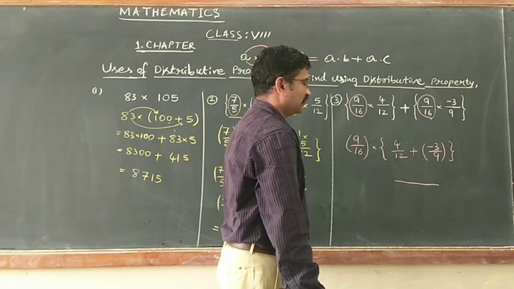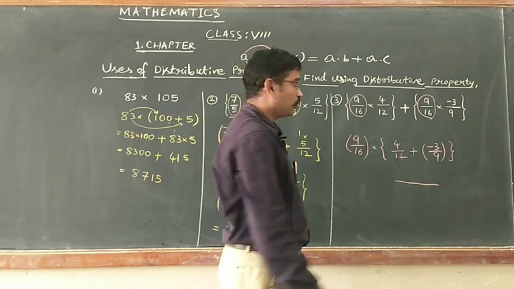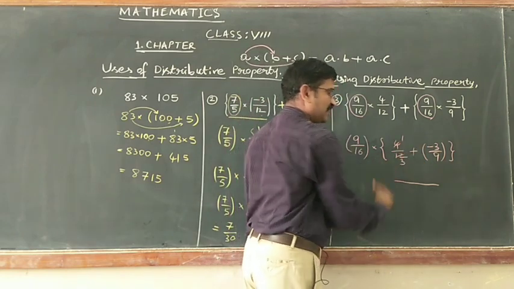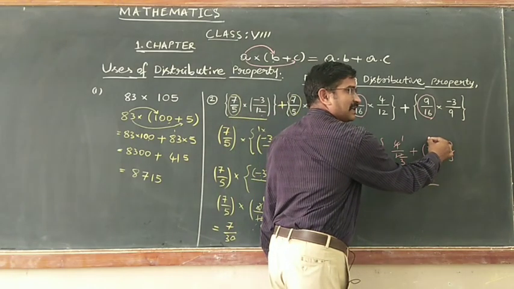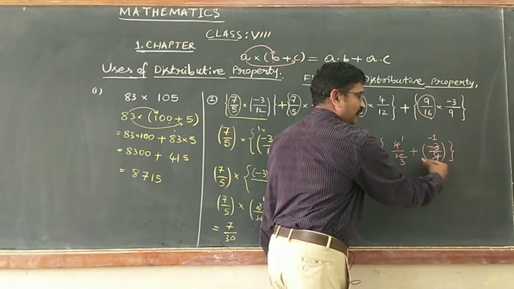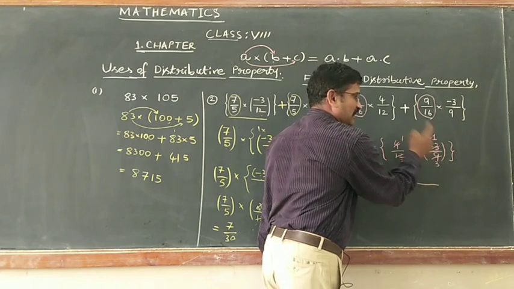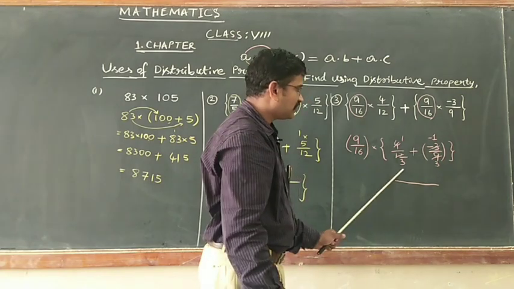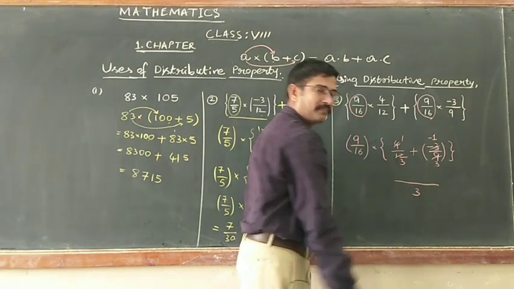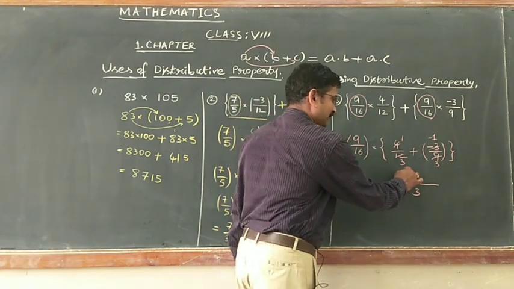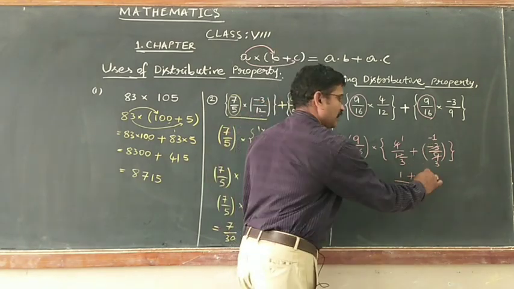Here, children, for 12 and 9, you can take the LCM straight away, or one more thing: 4 ones are 4, 4 threes are 12, since it can be further simplified. Minus 1, which is 3, is the common factor. 3 minus 1s are minus 3, 3 threes are 9. Now, you watch, like rational numbers. So, their LCM is 3. Now, 1 comes as it is, added to minus 1.